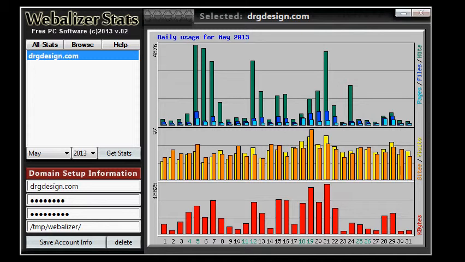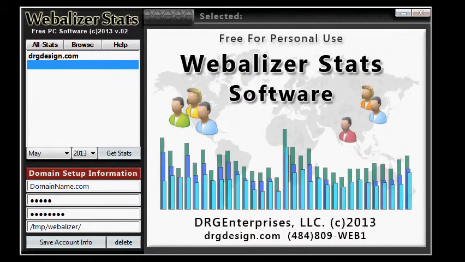So now we have one website set up. Let's get another one. Now I could go with the second one, but just to show you that you can set them up in any spot, I'm going to select the third slot. So you can see the blue bar is in the third slot, and I'm going to set up a new domain, which is my older website, which I'm slowly migrating from,